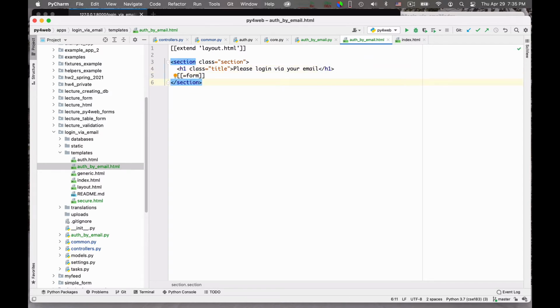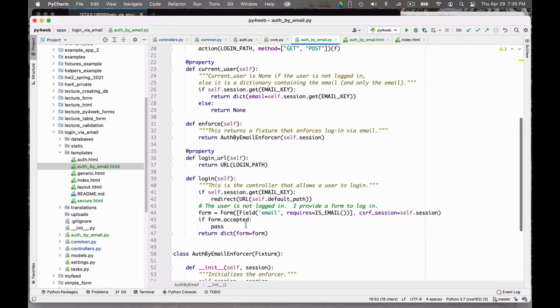Maybe this will not look pretty, but we can come to that later. So at least this exists, and that's the right thing to display the form. So it will display a form in which people can enter an email and click submit. Okay, so this is done, and now I need to take care of what happens if the form is accepted. So what do I want to do here? At this point, in reality, I want to send an email to the user asking to log in.